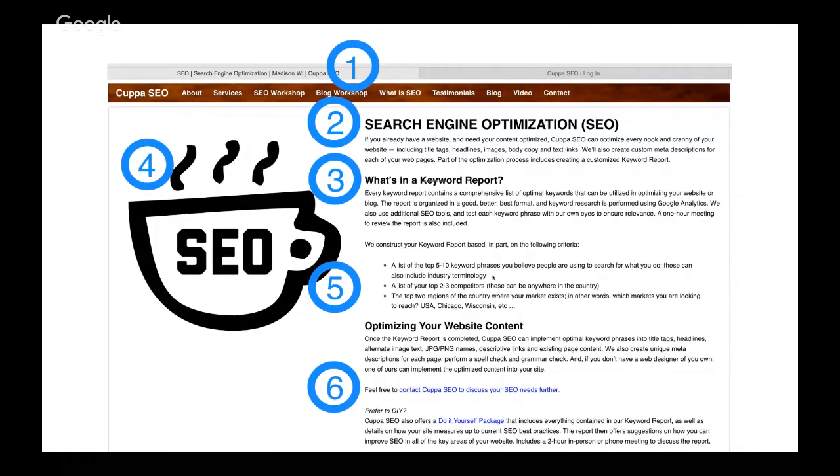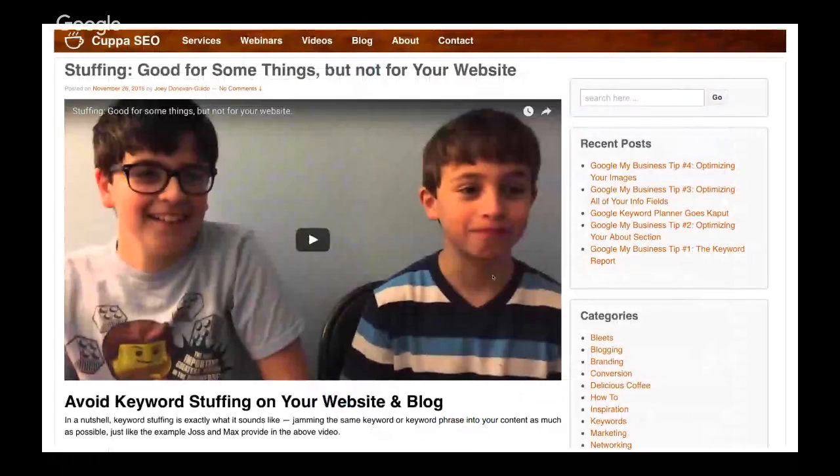Okay? And we do it in places where it reads well. We don't ever want to put too many of the same keywords on a page or jam it in, or what's commonly referred to as stuffing. Right? So these 2 guys, this is Max and Joss. Max on the left in the Lego shirt, and Joss on the right in the striped shirt. As you might have guessed, they're my kids. And we did a little like 1.5-minute video about this particular topic of stuffing, right? Of jamming keywords into your website content. And it's really bad. This is one of the ways where you can really get dinged or penalized by Google